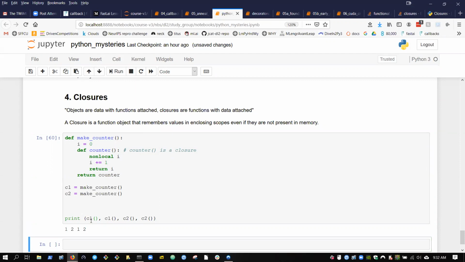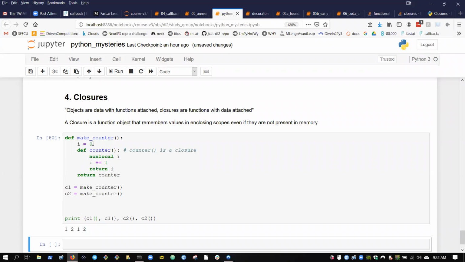The first time we call C1, it increments the value of 0 and returns 1. But the next time you call C1, remember C1 is a closure now, and it remembers, because of this nonlocal i, that last time it saw i was equal